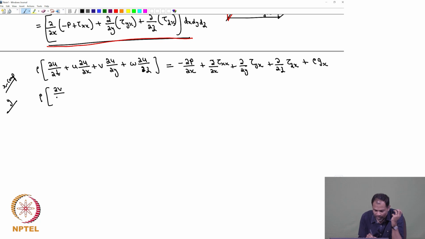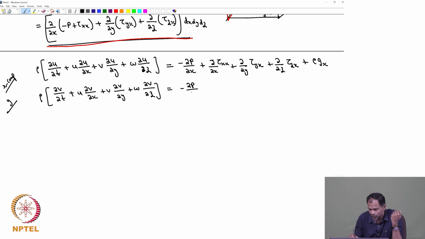So, that is ∂v/∂t plus the substantial derivative of v, which is u ∂v/∂x plus v ∂v/∂y plus w ∂v/∂z is equal to minus ∂p/∂y plus ∂/∂x of τxy plus ∂/∂y of τyy plus ∂/∂z of τ